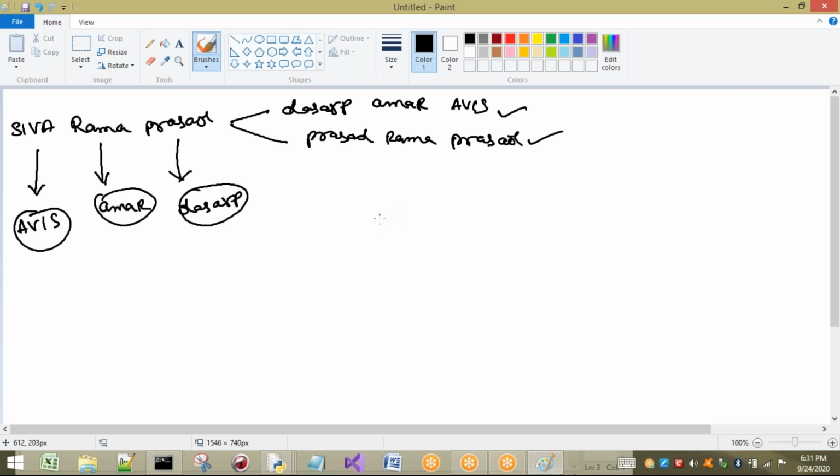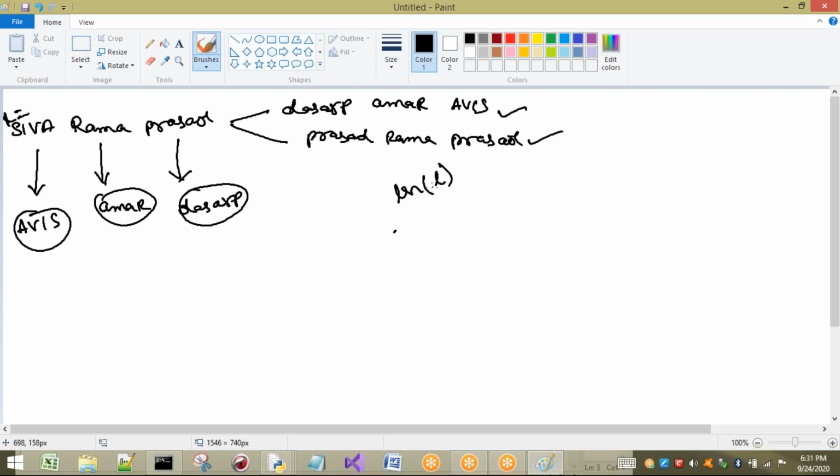I can separate it directly. See here, I will take a small example. First I have to find the length of the string here, so that I can do it easily. So length of, for example, I'm going to take L. Sorry, length of what I have to find? Let us take this one in S or L, for example.